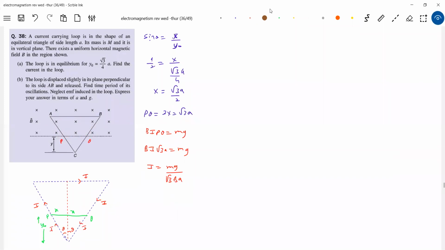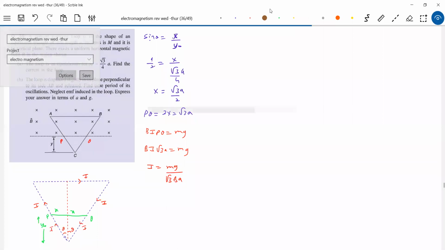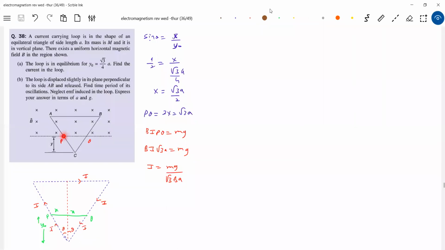Are you getting now? The same previous problem, the same idea is what we are going to carry on here. See that one. What is the effective length of this? It should be equal to PQ. So I'm going to replace this with a current equal to I, because here though current is flowing, this part we need not bother. Only we have to replace this with an equivalent wire. So if you are still not getting the idea, the question is this much. So I can replace this with an equivalent, a current I flowing.